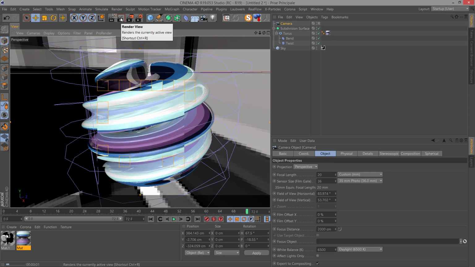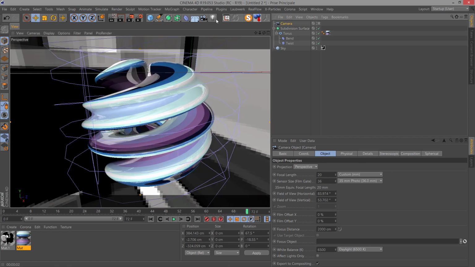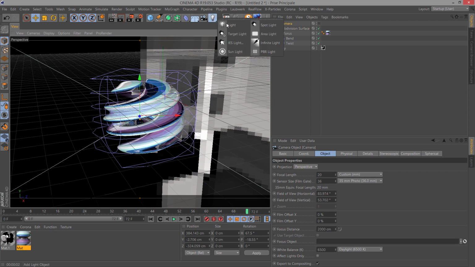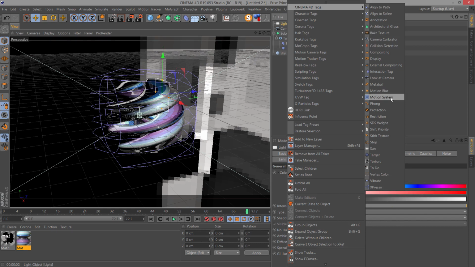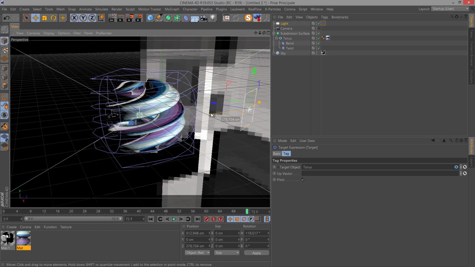You can add. Let's see what we have. Yes, I will add some light. So go back. Click here to get out of the camera view. Then add a light, area light. Right click Cinema 4D tag and choose target. Click on the target tag and drag the torus up. And so you can easily place your light. It's every time facing the torus. You don't have to rotate it, etc.